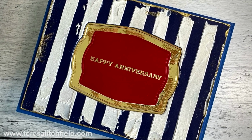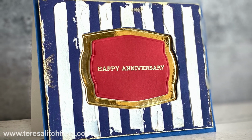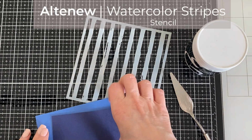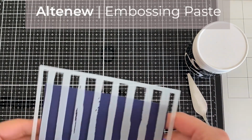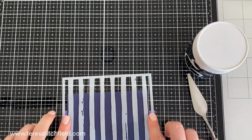My next card will be an anniversary card, and I love nautical. This has blue and red on it, and red means energy and strength, determination, as well as passion. I'll take a piece of navy blue cardstock in 5 1/4 by 4. I want this to be a horizontal card, and I'm going to put the navy blue onto the watercolor stripe stencil